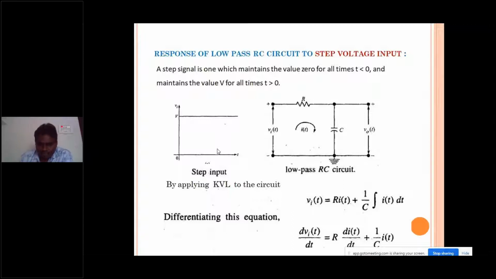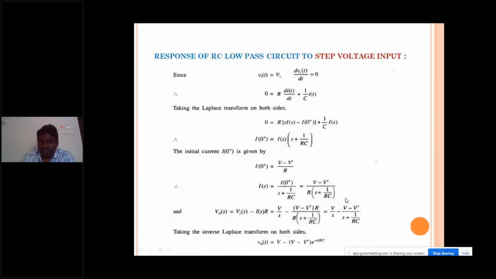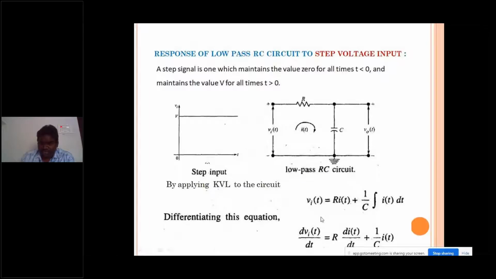So I'm following the Laplace transform method in order to find out the response of any input to a low pass circuit, right? First, for that, I'm using KVL for this circuit. I'm applying KVL for this circuit, then I'll get this. Then for this differential equation, I'm going to calculate the solution by converting it into a Laplace transform. See here, I am substituting in the previous equation. I am having a Vi of t. So this is the Vi of t. For this Vi of t, I am applying this as an input.